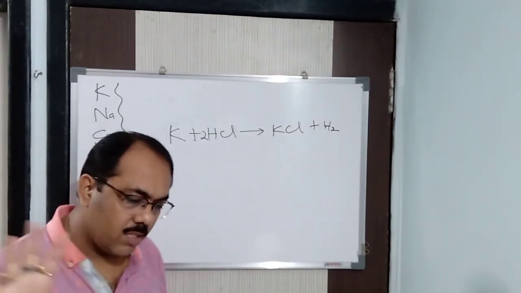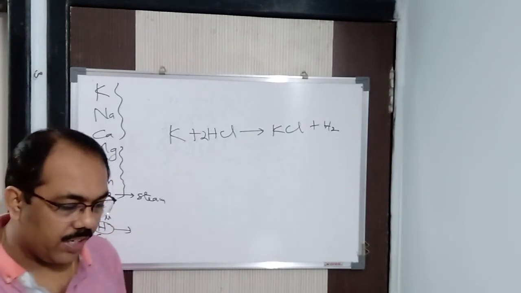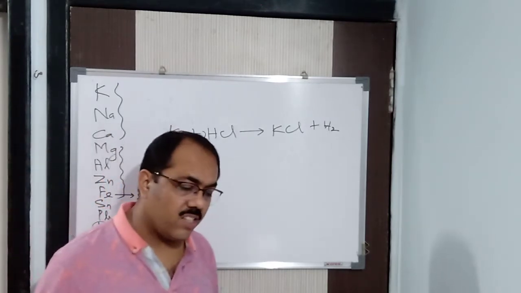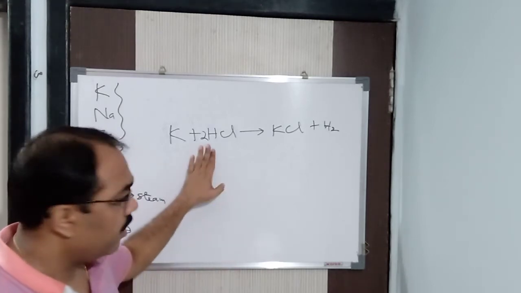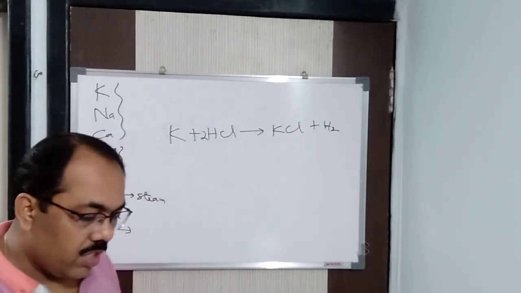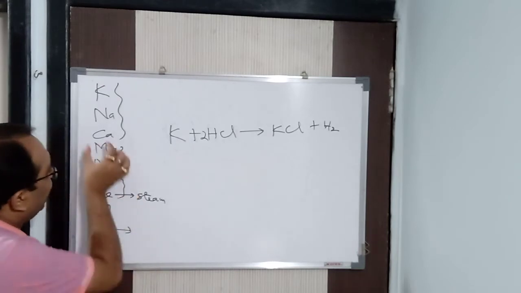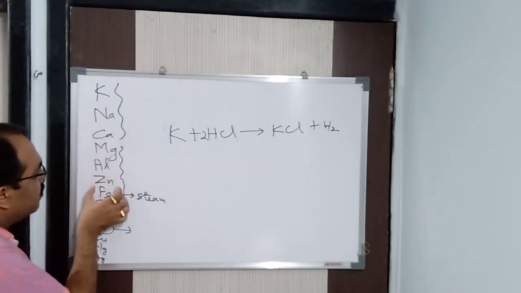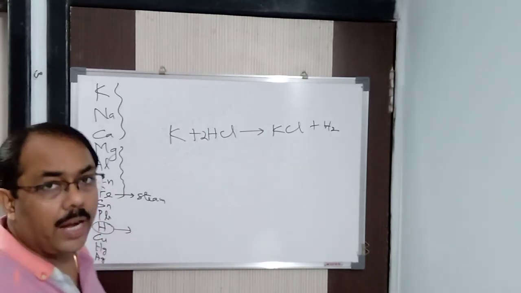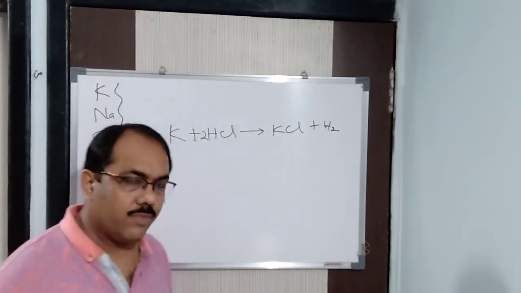With acids, it is not at all imaginable how vigorous it can be, how fast the reaction will be. So theoretically this reaction I can write down, but practically we never do it. Generally, to prepare hydrogen, calcium to a certain extent I can take. We can take magnesium, aluminium, zinc to prepare hydrogen from acids.